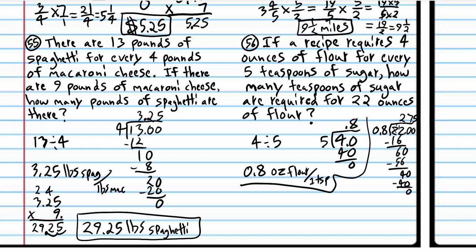Now in this case, our divisor actually does have a decimal. The decimal is not all the way up against this line. So we have to move the decimal one place to get it up against this line, which means we have to move this decimal one place and then bring it straight up. So you can see the answer is 27.5